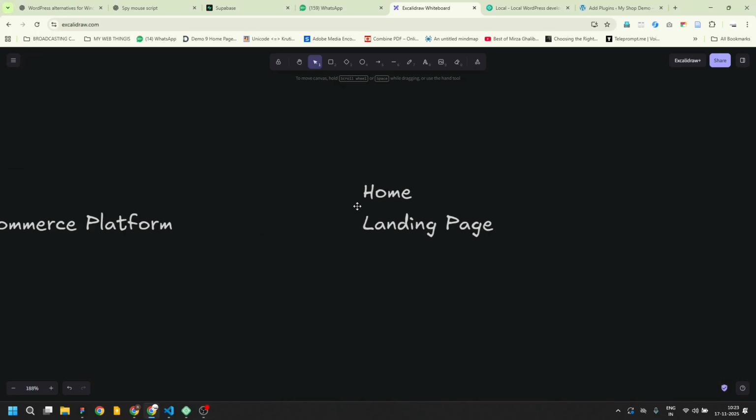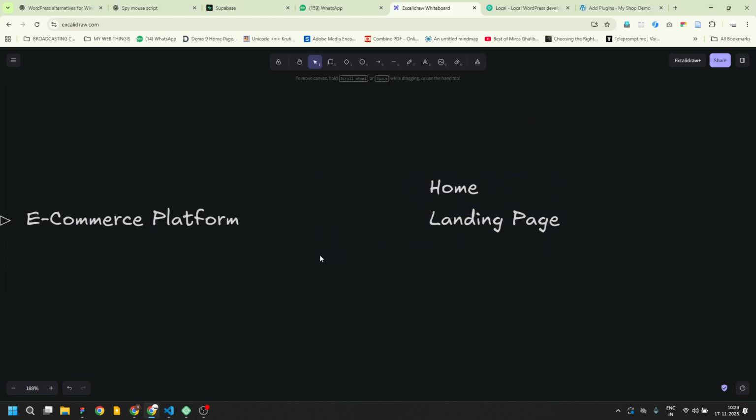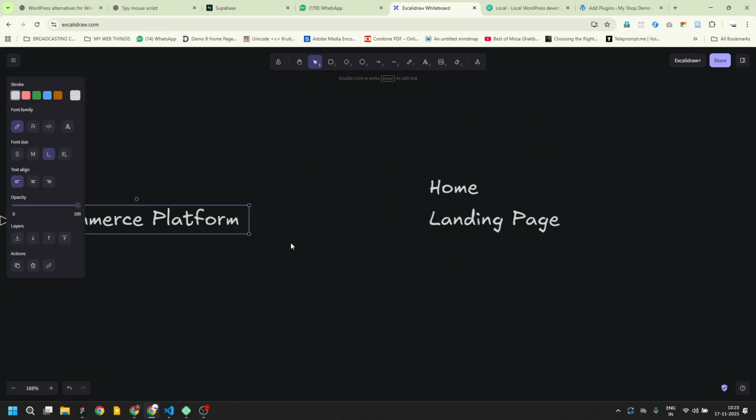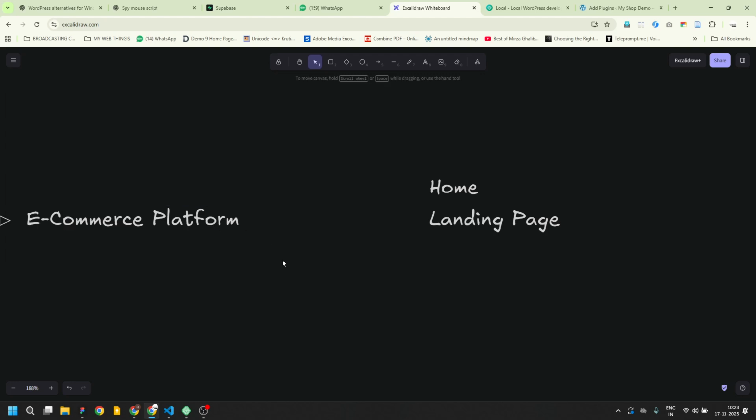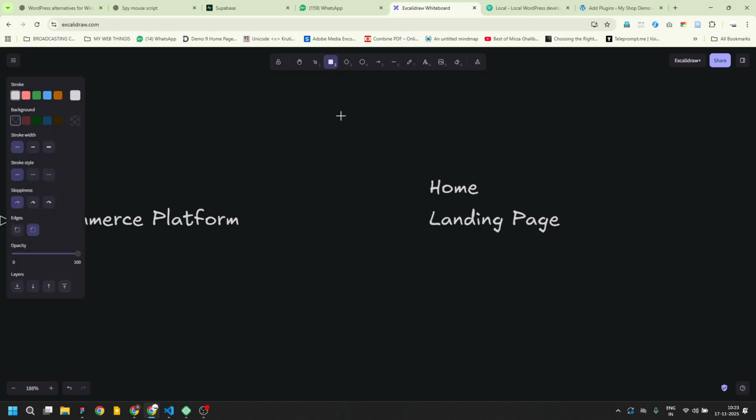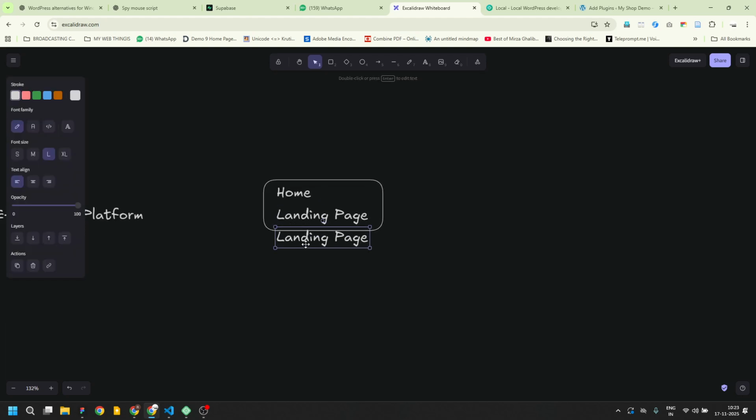So what we are doing in this is further bifurcating the requirement of our e-commerce platform into the static and the dynamic pages and the catalogs we would have, including the product page and the cart and then checkout, right? So home and landing could be considered as one in this case, and we will have more pages,